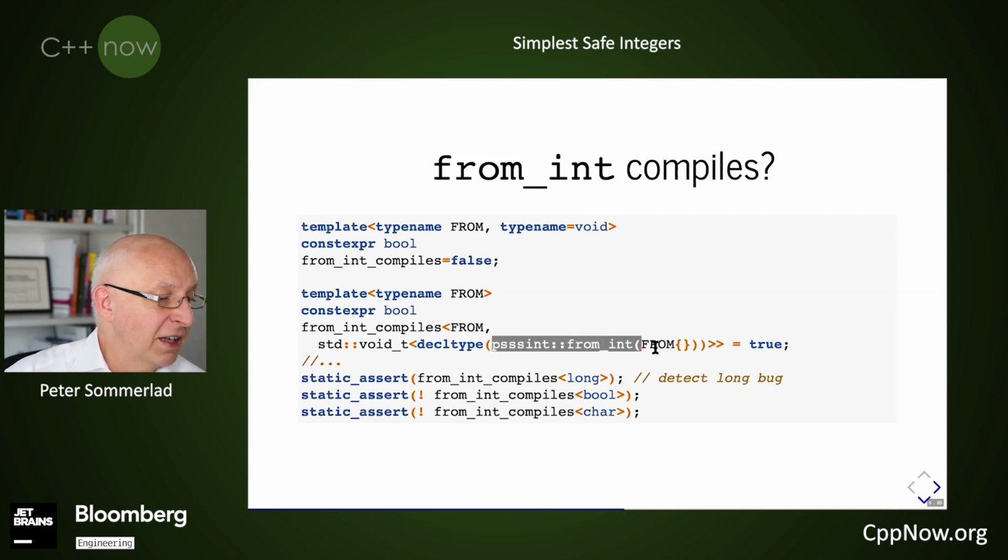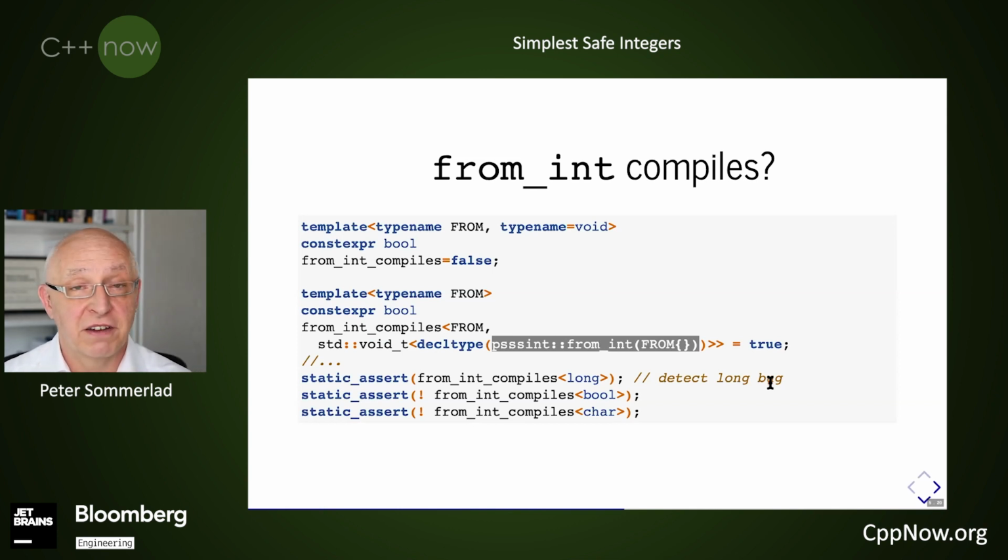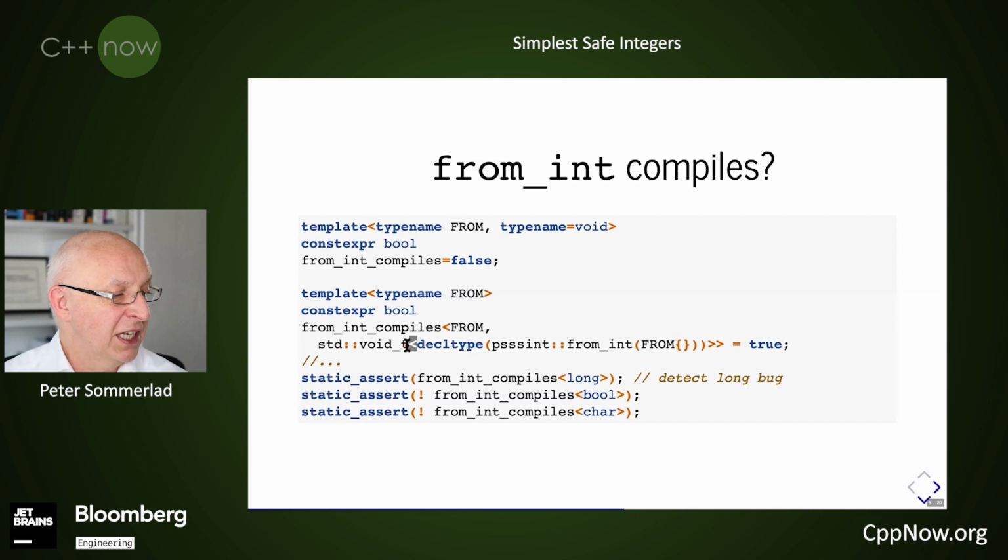And look if this expression is actually a valid expression, can be syntactically formed, and it will not be evaluated, but we check it. And if that actually is a valid expression, decltype will happily return its result, which is then ignored by void_t. But then this specialization is a better match than the more general specialization, and the corresponding value of from int compiles is true.